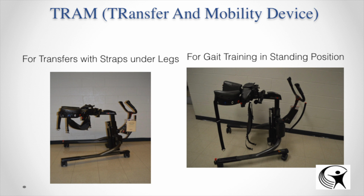So we talked about this a little bit earlier. We received an in-service during one of our OT/PT meetings from Rifton, and again, it's a transfer and mobility system. Rifton, I think, would recommend other products if you were strictly looking at gait training and pacing, but this is a nice kind of Swiss Army knife of a device. It can accomplish a lot of different